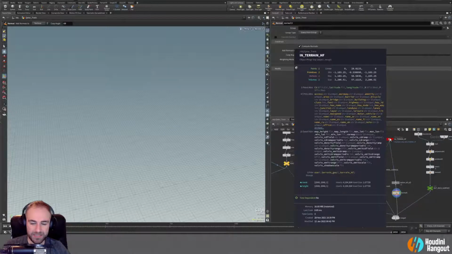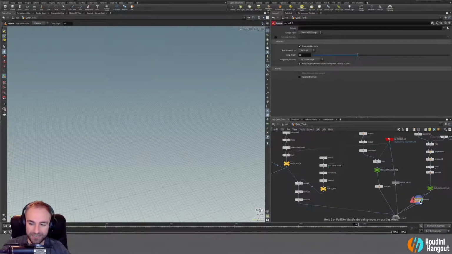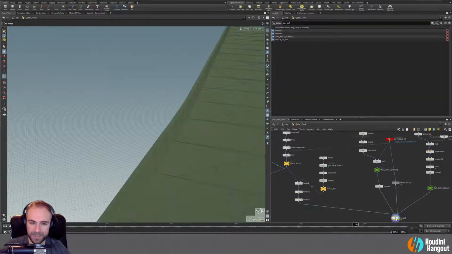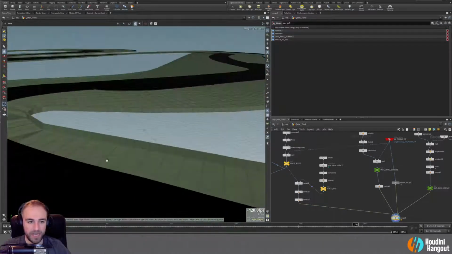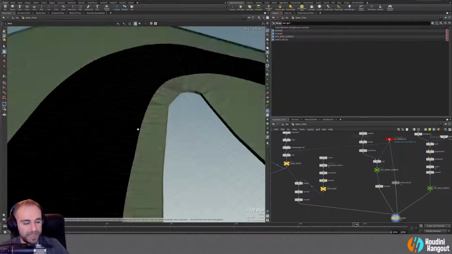Oh, that I can't even add normals to. That's actually a volume, and I'll drop this down here as well. Oh, that already has it. That's okay. Oh, I can just get rid of that. And now let's see. There we go. Now it looks much nicer. Yeah. So anyways, that is